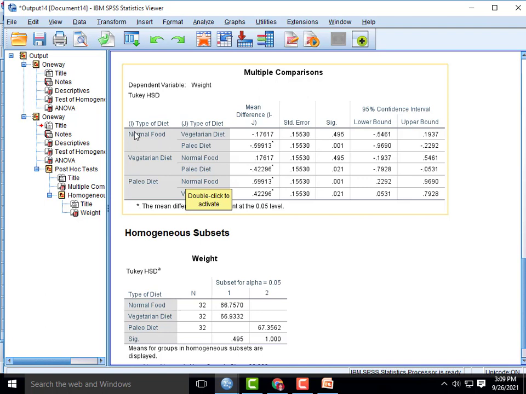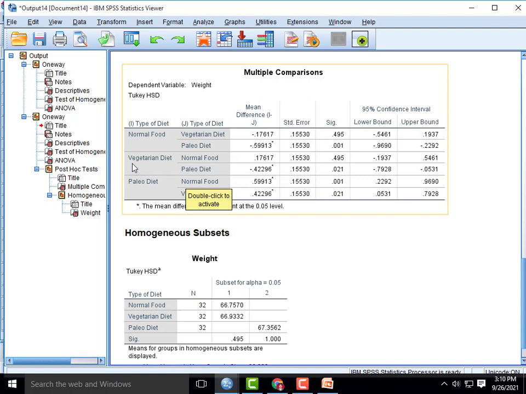So the comparison between type of diet and other groups. Normal food with vegetarian diet, the significance level is 0.495, so there is no difference. But normal food versus paleo diet we have a difference, our significance level is 0.001.